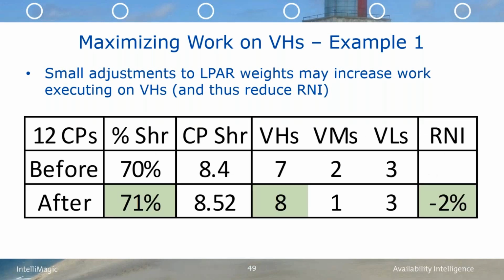So a small LPAR weight change to increase the percent share for this LPAR from 70 to 71% increases the number of vertical highs from 7 to 8. This reduced the overall R&I for this large LPAR by 2% for the given measurement interval, which correlated to a 1% decrease in CPU. Now 1% less CPU in a large LPAR can translate into a meaningful reduction in MLC